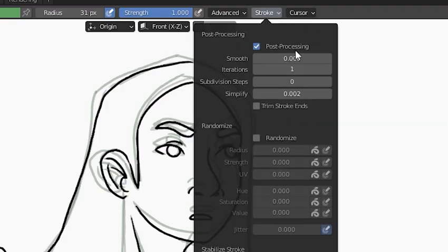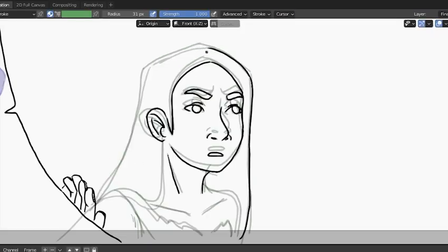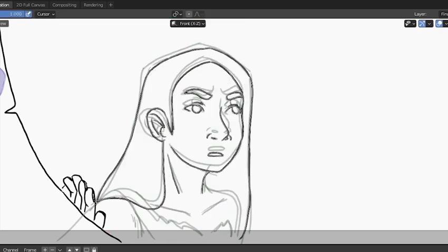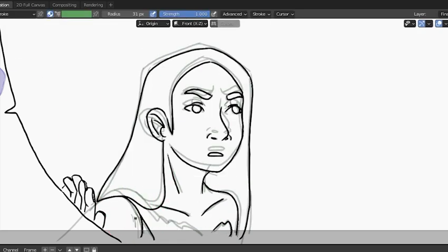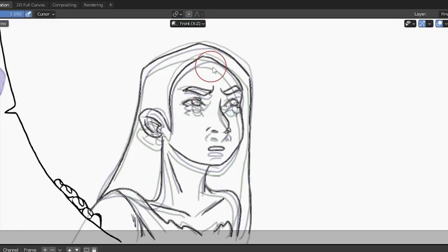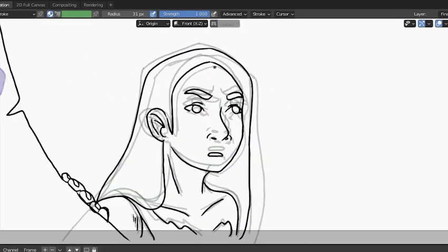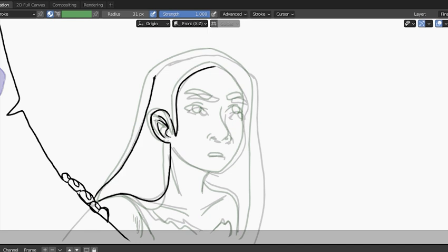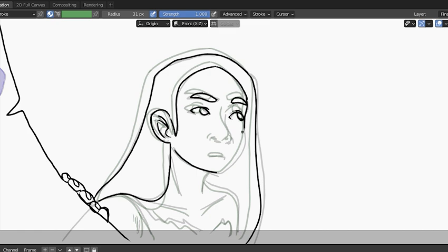Then I turn up the smoothing factor on my stroke settings and start lining. This process too is super tedious. It helps to go into a little bit of a dissociative state where you just zone out and retrace lines you've already drawn before, but neater, I guess. So this is what it looks like in high speed.